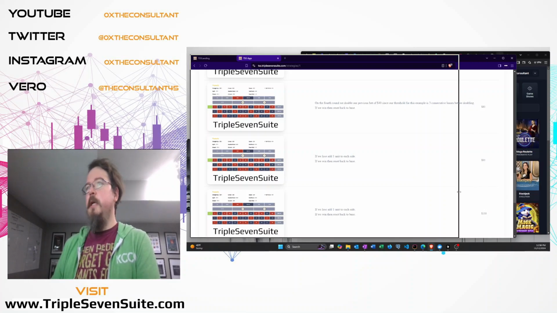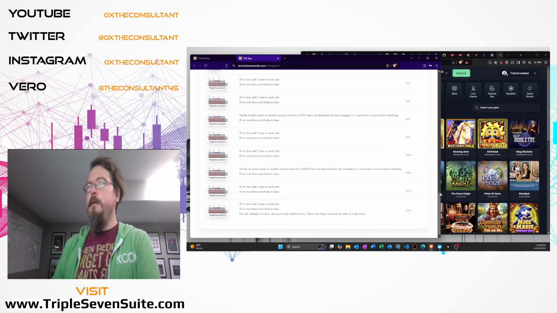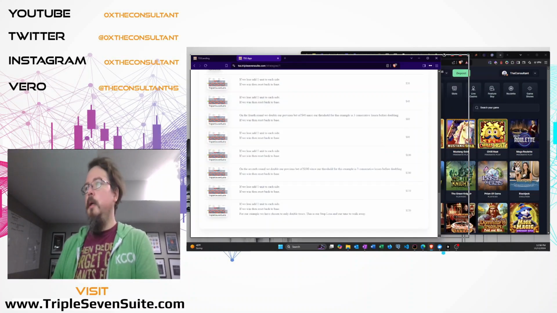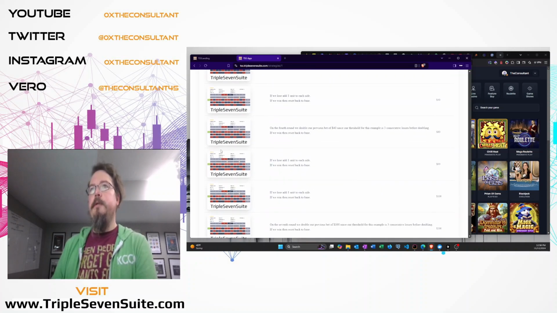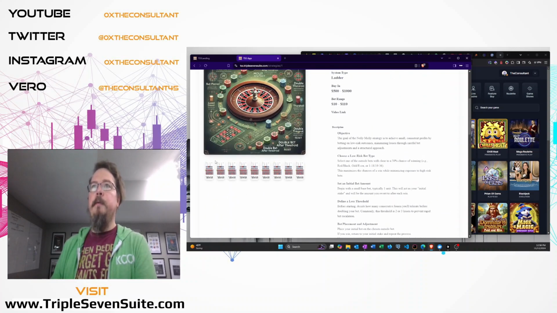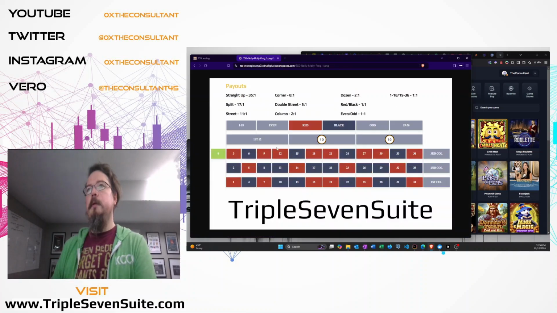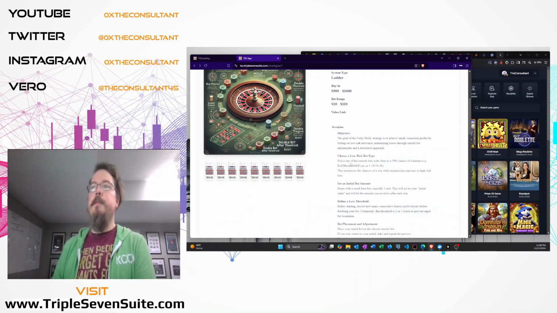Of course, they do scale, so depending on what platform you're on, they are going to change. But for the most part, if you're following through here, you should have a pretty good idea of what's going on. And of course, you can always come up here, click on these, and it'll show you straight up what the strategy actually is. Press back, and it brings you back here. Okay,